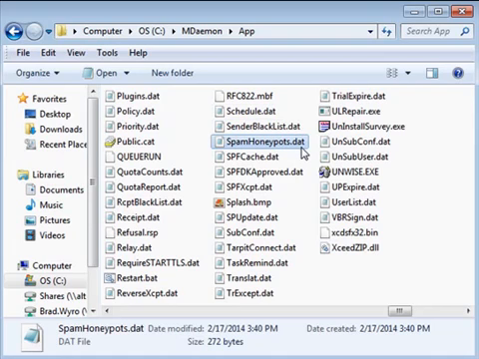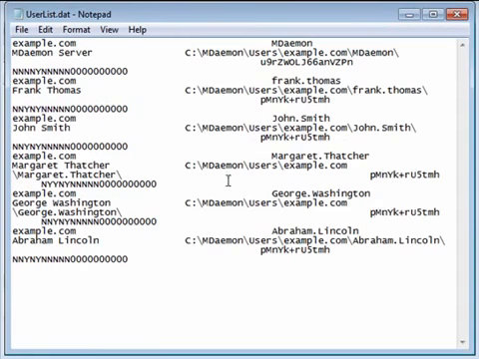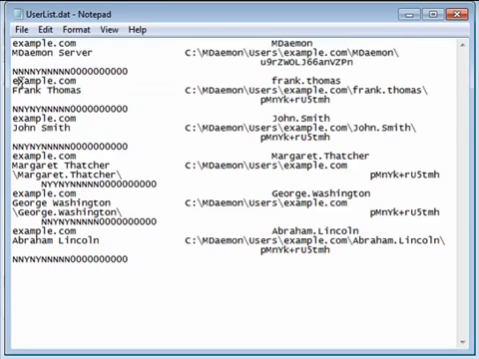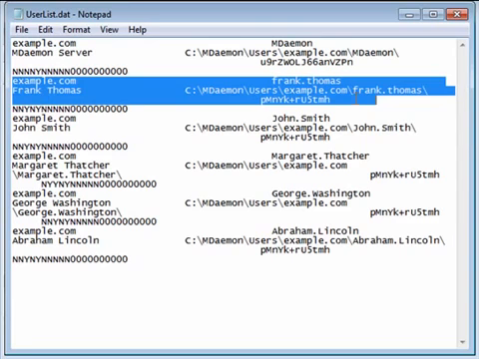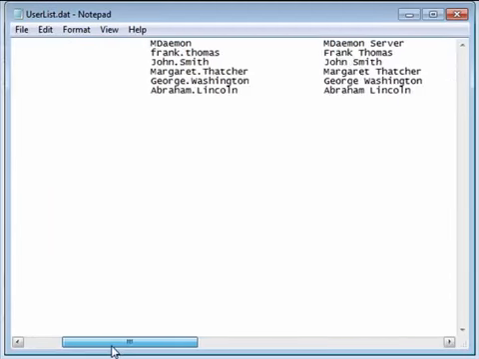the spam filter. By default, when an account is added in MDaemon, a reference to that account is also added to the userlist.dat file. This file stores a reference to the mail directory for each account and other account parameters. Be very careful if you need to edit this file, because if any of the columns are misaligned by even one character, accounts may not display properly in MDaemon. If you turn off word wrap, you can see the spacing that must be maintained for accounts to display properly